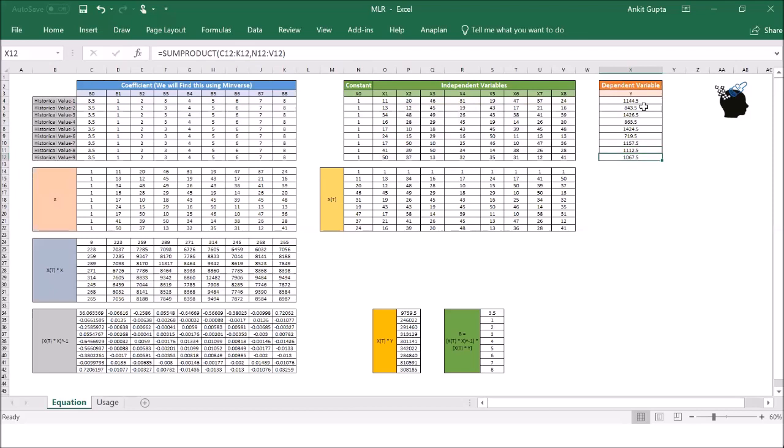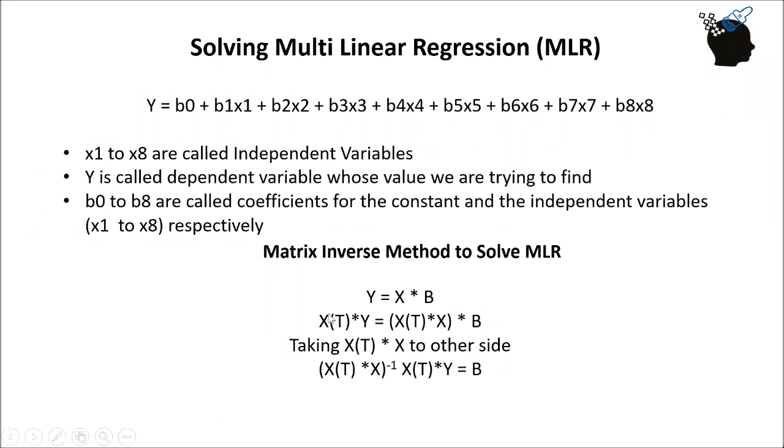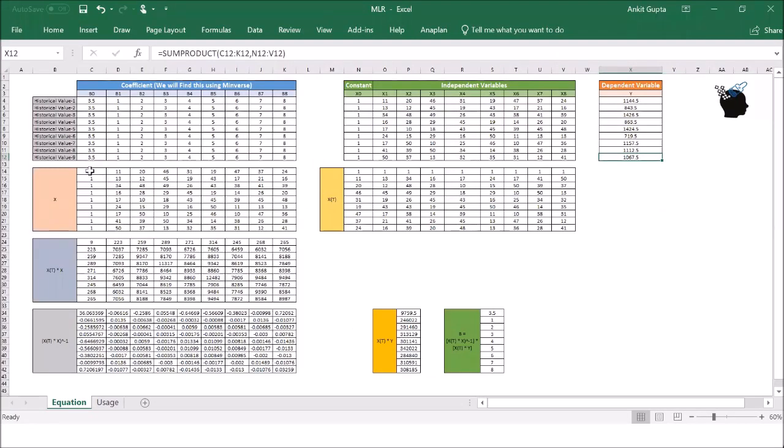Now let's start making those matrices. We'll start by making the X matrix, then we'll calculate X transpose into Y. The X matrix is nothing but this particular matrix which we have formed, from X0 till the end of X8. It starts with N4 and goes till V12.